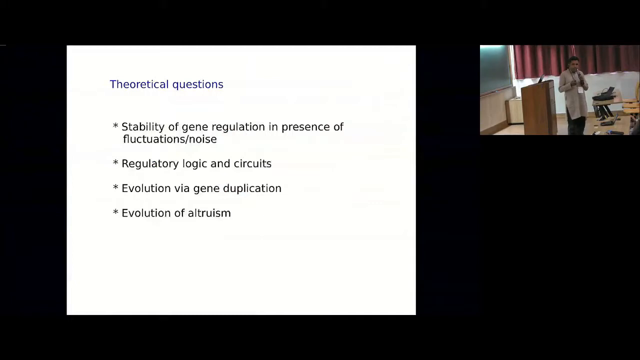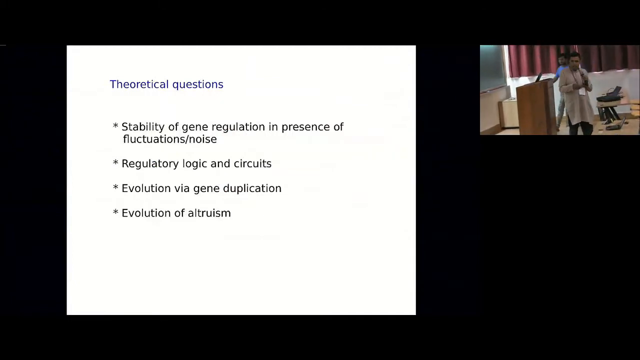The gene expression level can, in some cases, go up gradually. In some cases, it can go up like a switch, and what controls that kind of thing. And then more generally,